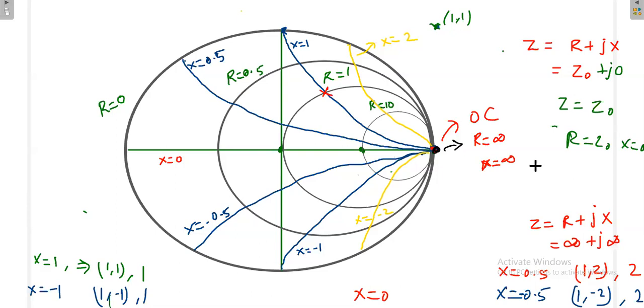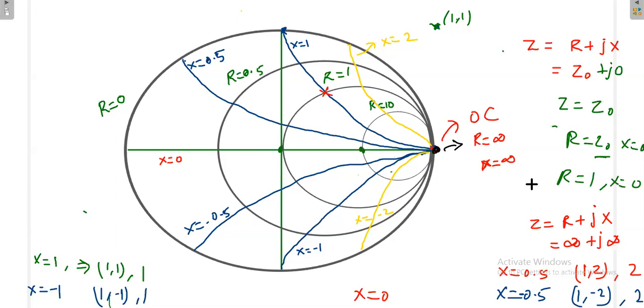Okay, madam, R is equal to 1. Why are you saying R is equal to 1? Because when finding the normalized impedance, yes, that is what I am expecting. So for Z naught, we should not take it directly, we take the normalized value. What is the normalized value? 1. So when R is equal to 1, X is equal to 0.